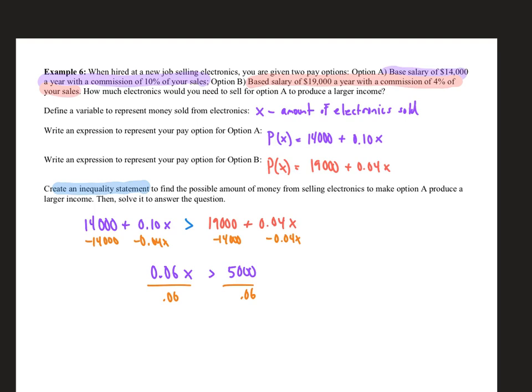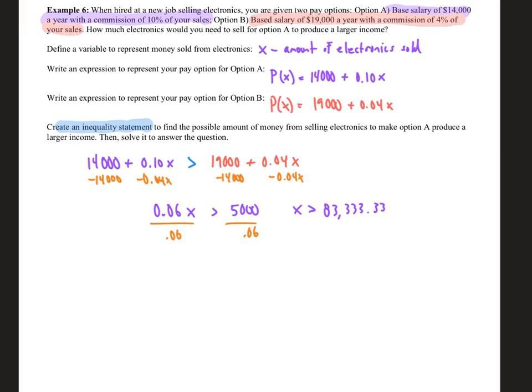Let's see what that gives me. So I got x is greater than 83,333, and then a whole bunch of 3's after my decimal place, but this is talking about money, right? Amount of electronics sold. So I would have 2 decimal places for those 3's. So it's saying that x would have to be greater than $83,333.33. So one way to say that would be to say